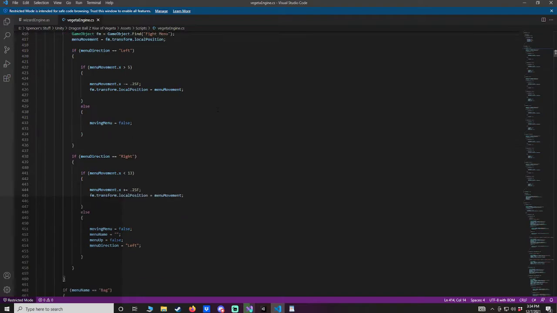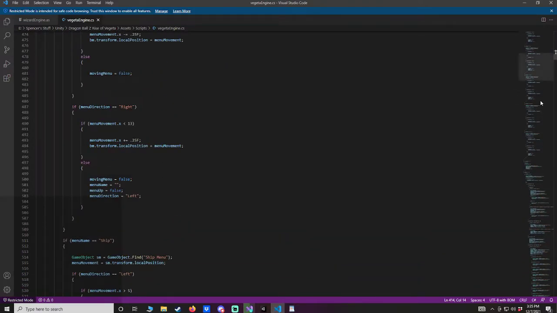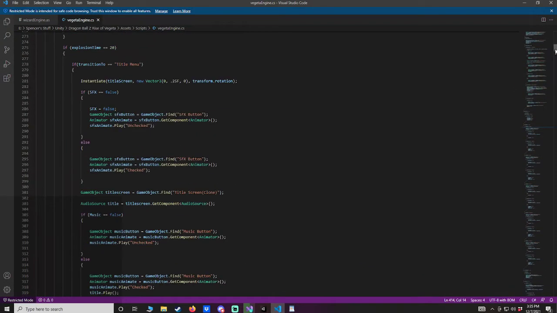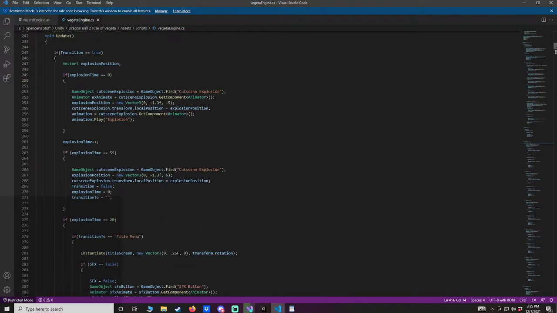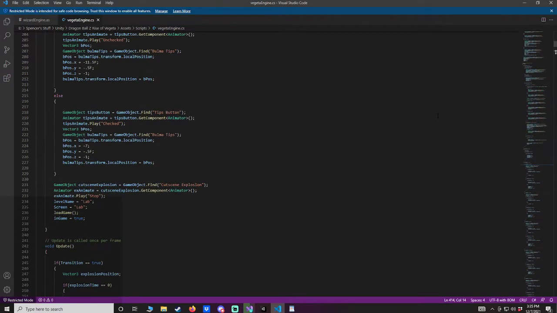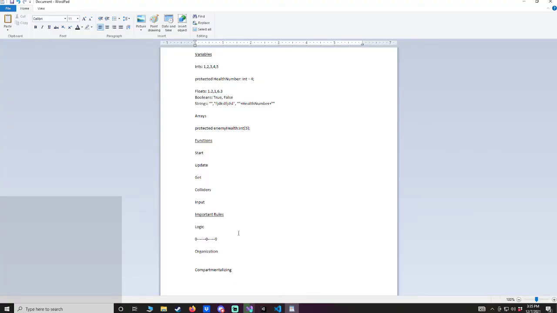Organization, programming does not care how you put things in the program. All this code could be rearranged in any order it wants. All these functions, I mean, it can be rearranged in any order it wants to. It doesn't matter as long as the function's there. But you need organization for your own sanity and everyone else's sanity, because